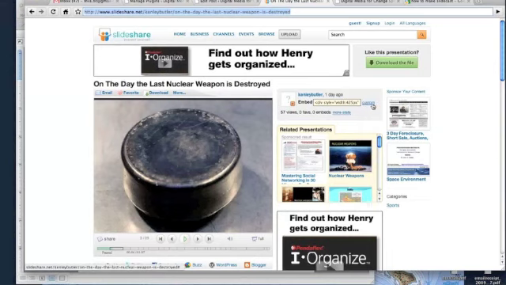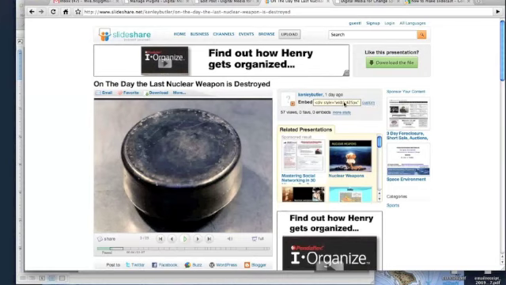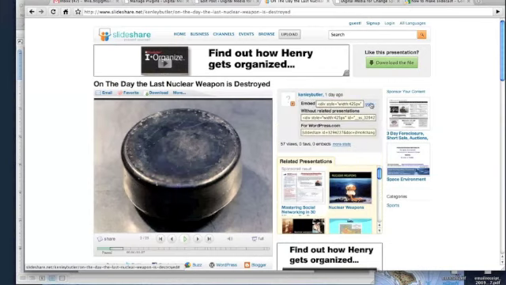Or what you can do is go over into Slideshare, and this is just like YouTube and a few other places online, where it gives you a code. When you click and open the code, you have a standard code here, which you would generally put into a web page. But when you click on this little thing that extends open, you'll see there's actually a special code for the Slideshare plugin for WordPress. So to get the Slideshare presentation right into your blog post, you copy and paste this code. I can just copy that, and then go back to